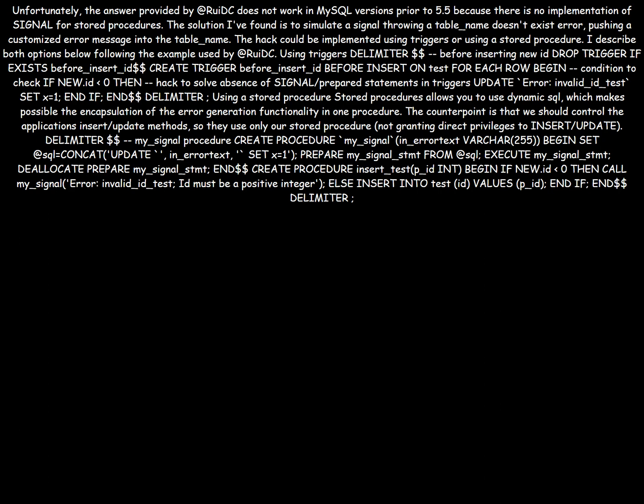END$$. CREATE PROCEDURE insert_test(p_id INT) BEGIN IF new.id < 0 THEN CALL my_signal('Error: invalid_id_test; ID must be a positive integer'); ELSE INSERT INTO test (id) VALUES (p_id); END IF; END$$. DELIMITER ;